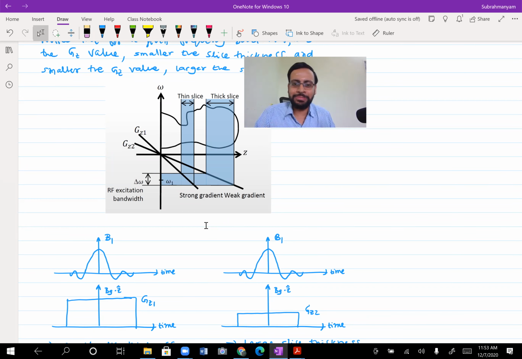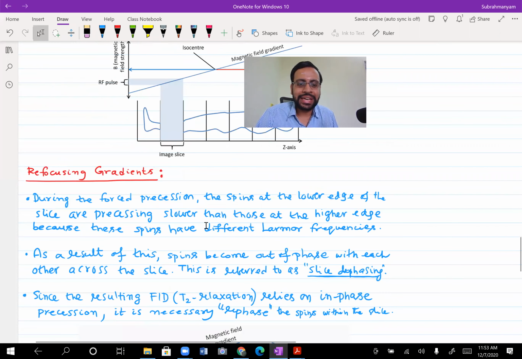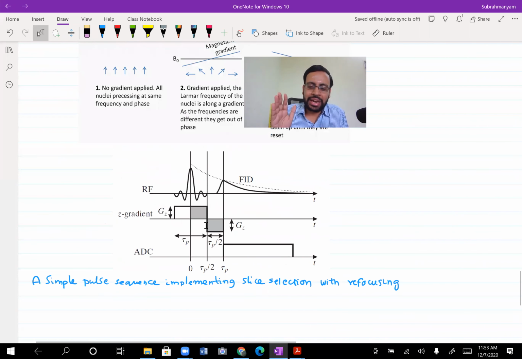So that's another problem. To deal with it, there is something called the refocusing gradient. Again, I don't want to go into detail, because to explain this further we would need to go back to the Bloch equation, and from there you would understand the constants that I am going to talk about. But we will just have an intuitive idea about it and leave it for the time being. Later, you could come back and study it in detail if you happen to work on it and would like to know more.